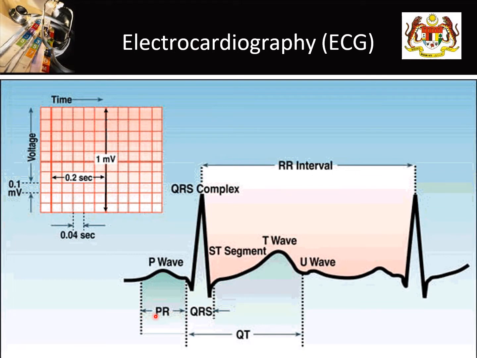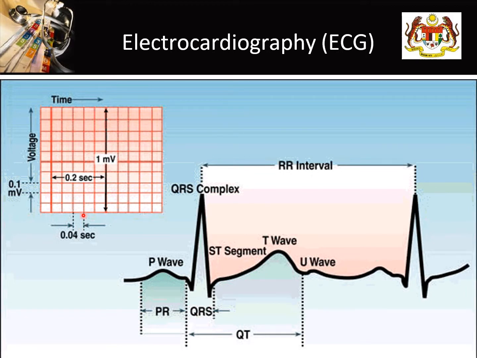First is the PR interval, second the QRS complex, either narrow or broad, and third the QT interval. We need to know this, but it is very rarely discussed in advanced cardiac life support. The most important are the PR interval and the QRS interval. So how do we know whether the PR interval is prolonged or the QRS is narrow or broad? That's why we need to know the